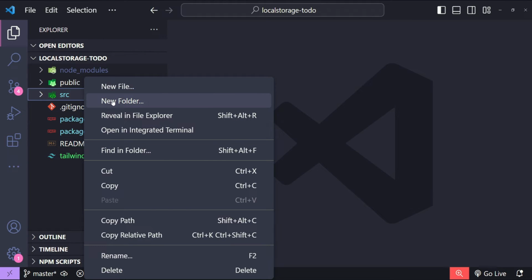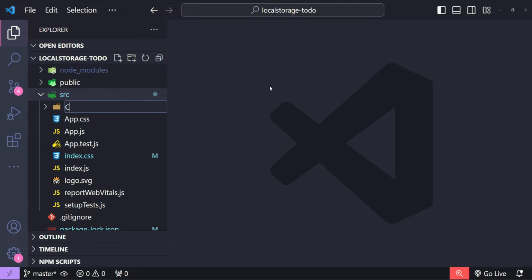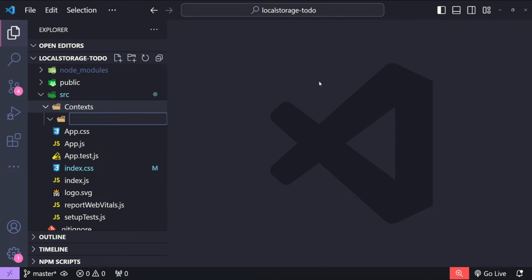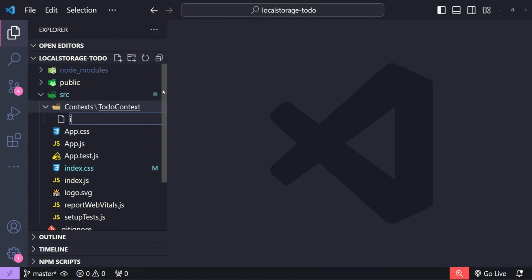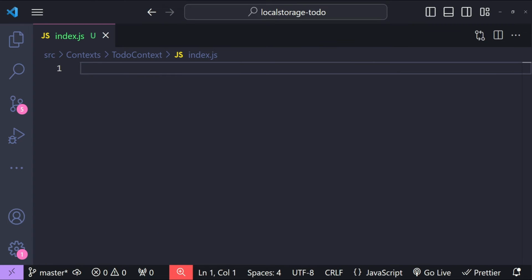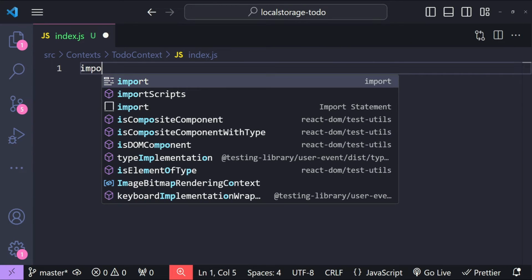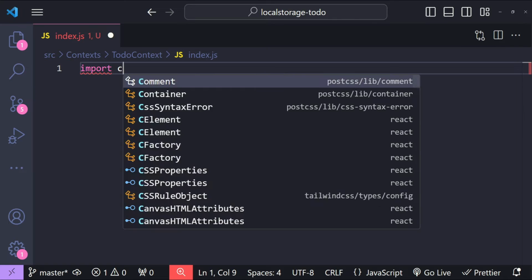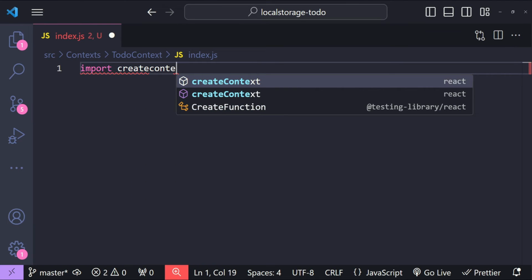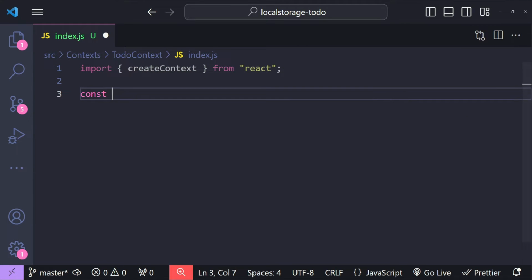So first I'm going to create a new folder within the src folder with the name contexts, and within this folder I will create a folder for our to-do context, and let's create a file with the name index.js. In this to-do context, first I'm going to import the createContext module, which we are going to use to create our to-do context. So import createContext and then const TodoContext equals